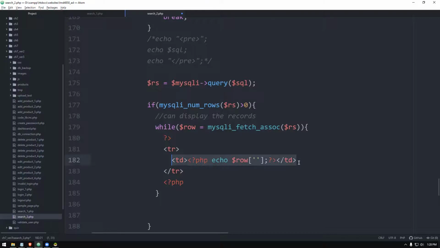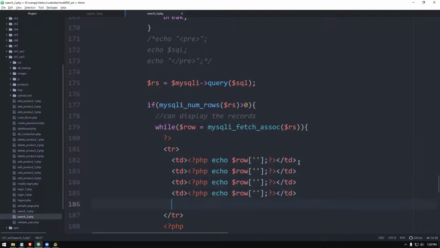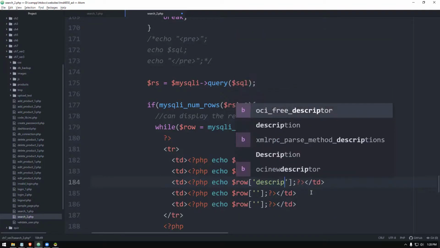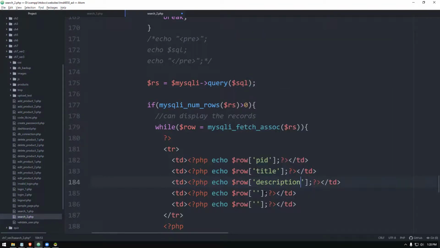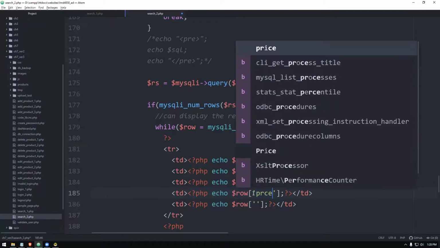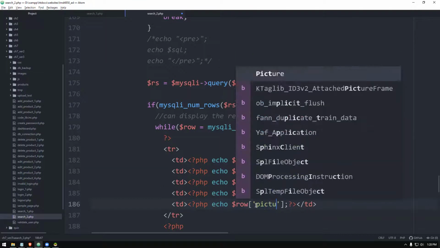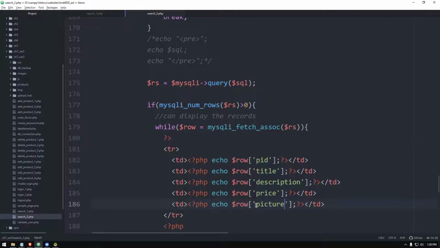I have five values. First one, we have the product ID. Second one is title. Third one is description. Fourth one is price. Final one is picture. For the time being, we will display the picture name, then I will fix it.